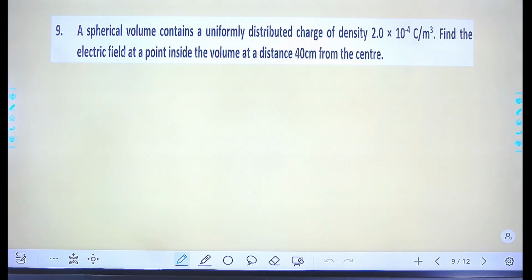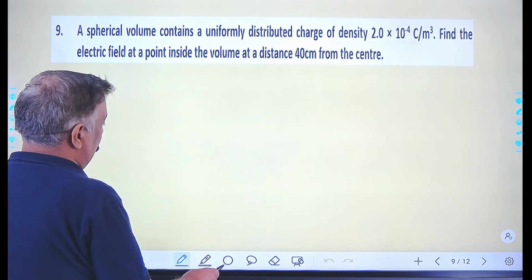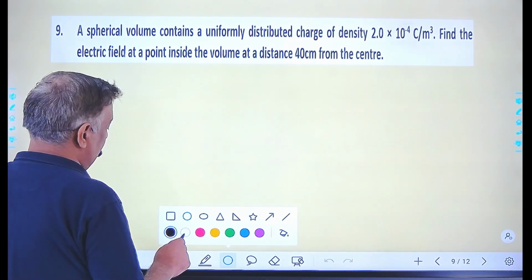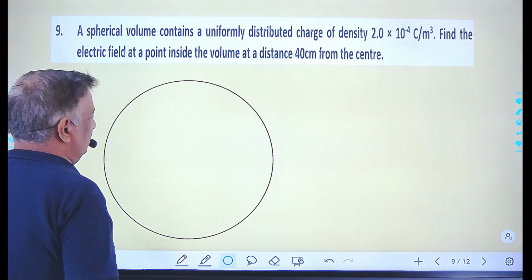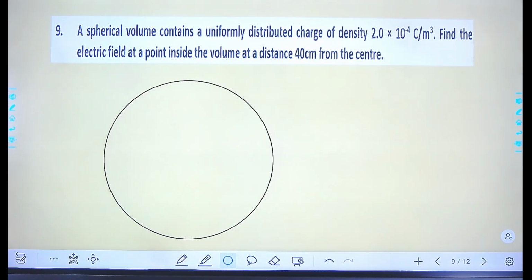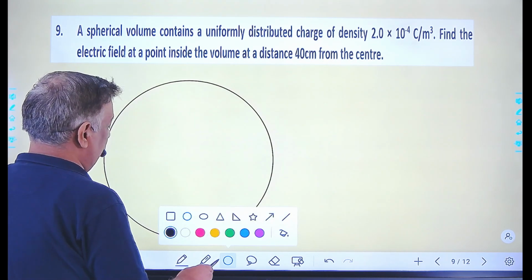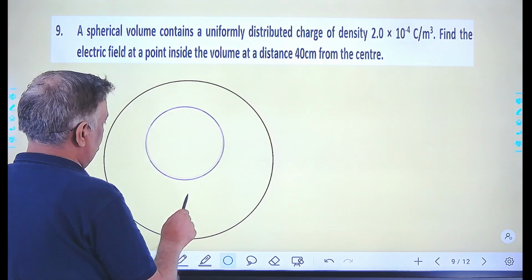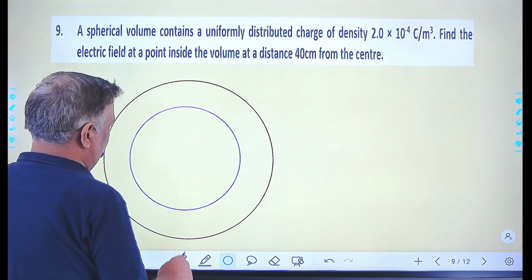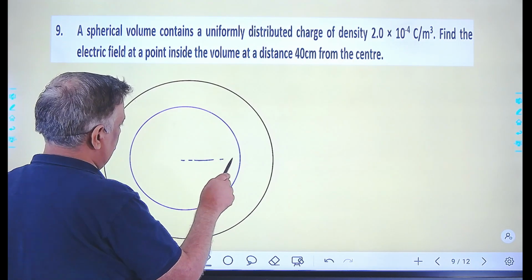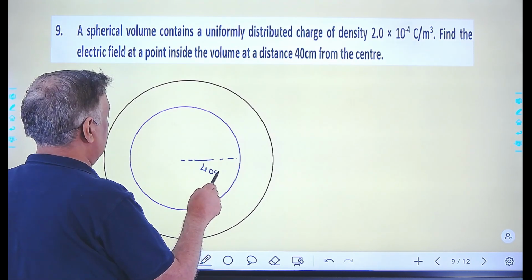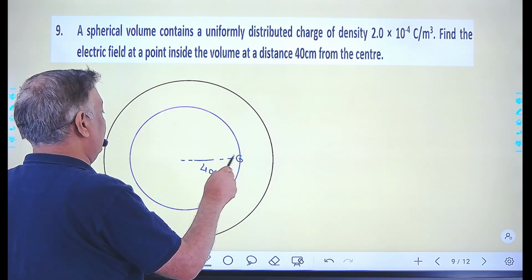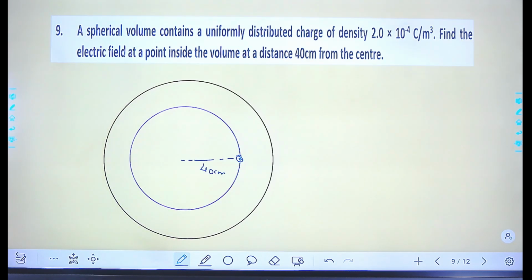Find electric field inside the volume at a distance of 40 centimeter from the center. जैसे मैं चार्ज डिस्ट्रीब्यूशन ले लेता हूँ, इसमें यूनिफॉर्मली डिस्ट्रीब्यूटेड चार्ज है। We have to find electric field inside the volume at a distance of 40 centimeter. मतलब इसके अंदर एक और पॉइंट लिया, which is 40 centimeter from the center. हमने बताना है यहाँ पे इलेक्ट्रिक फील्ड कितना होगा, इंटरनल पॉइंट पे।